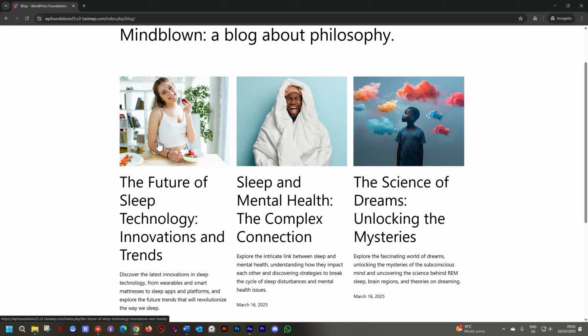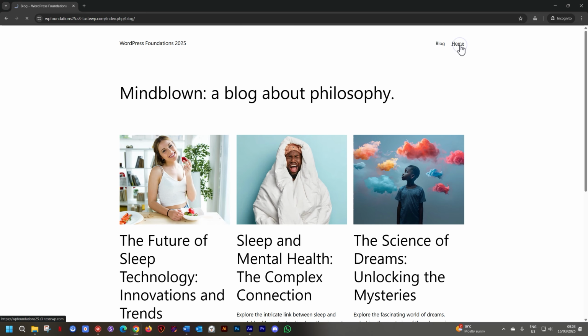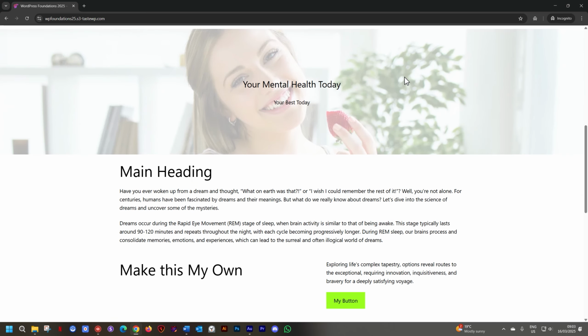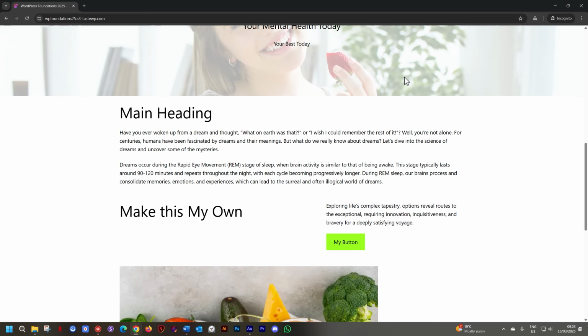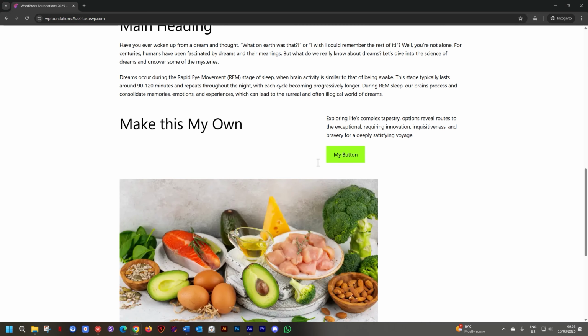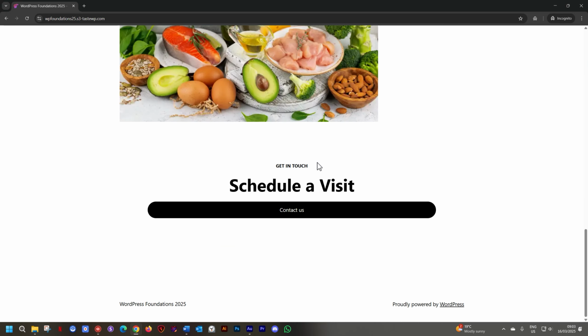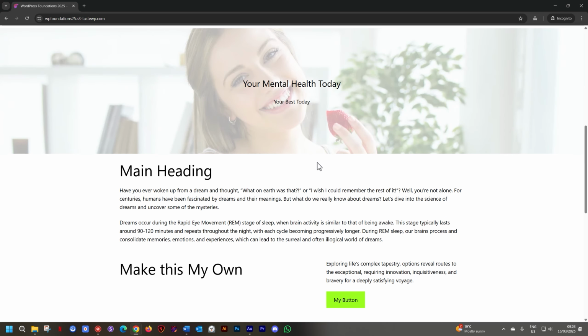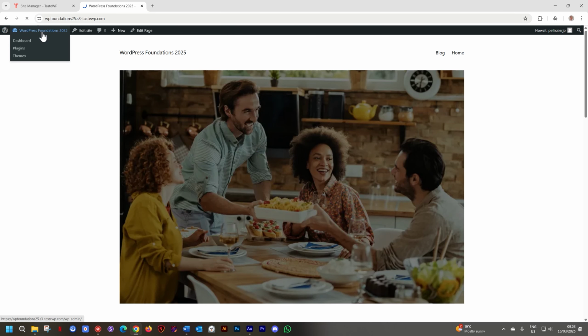Next time I add a new post, all of these posts will move and the new post will appear here. I don't have to do a thing. It's dynamic. If I go to the home page, I created this, and this is set in stone. Unless I go back into WordPress and I make changes in the backend, this content will not change. It is static. That's why we refer to this kind of page as a static page. This gives us the big difference between posts and pages. I'll close this. Let's go to the back end.